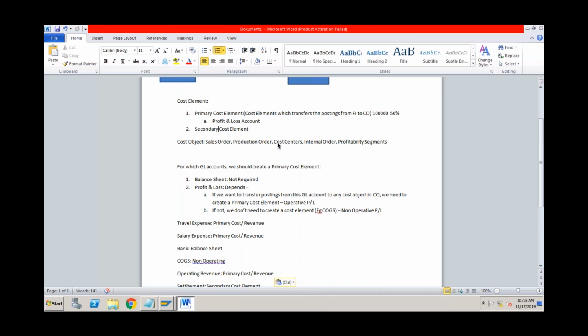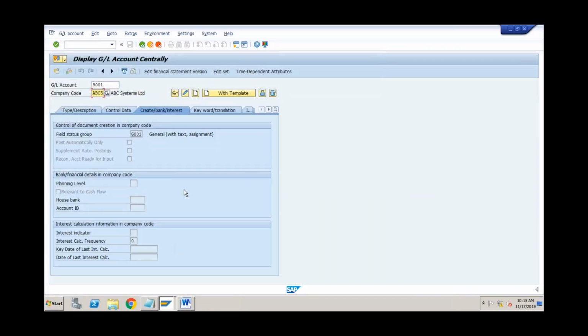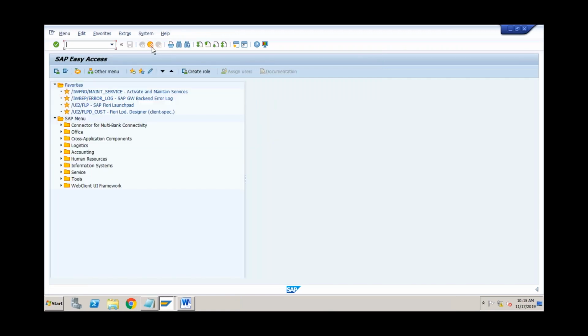Okay, now we will proceed towards the 2 important cost objects, that is cost center and profit centers. So we will see how to create the master data for profit center, because whenever you are creating the cost center, there is a field where you can enter the profit center itself. So let's first create the profit centers and then we will create the cost centers. Although there is no change in the way how you create a cost center and profit center, they are same as they were in SAP ECC, but still let's go and see how exactly they are handled in